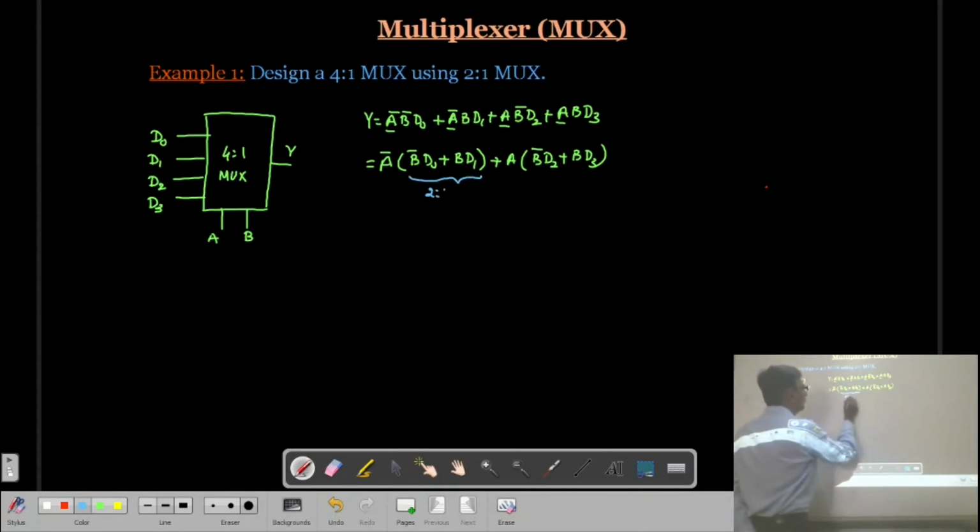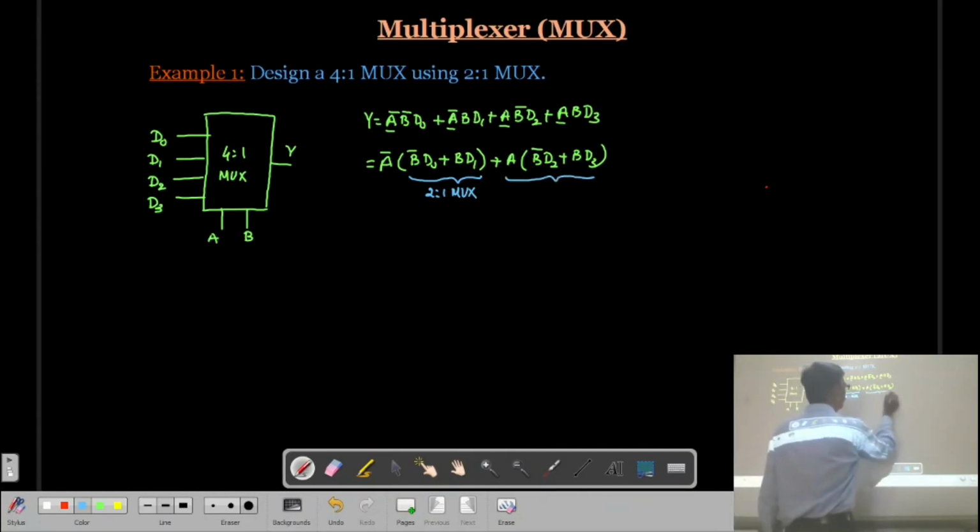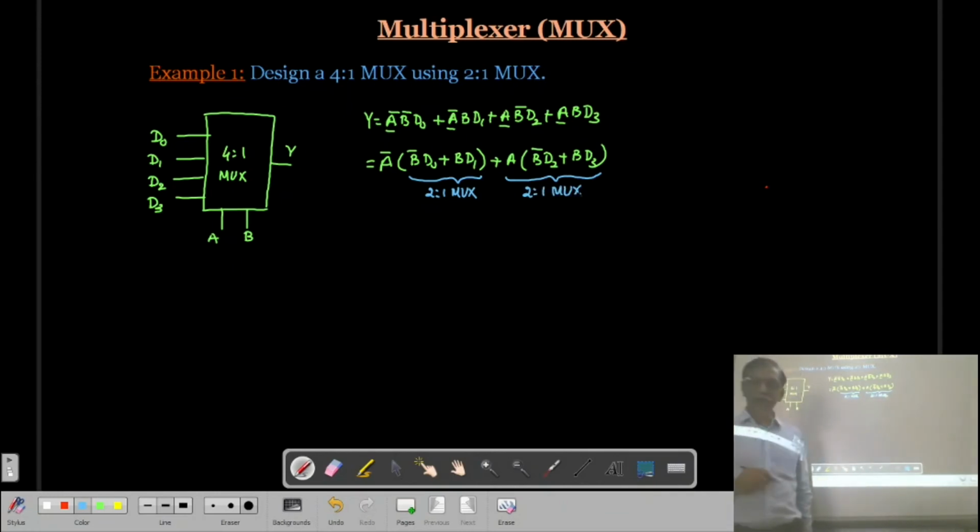This is representing a 2-to-1 multiplexer, where D0, D1 are the inputs and B is the selection line. In the same way, this is also a 2-to-1 multiplexer where D2 and D3 are the input lines and B is the selection line.